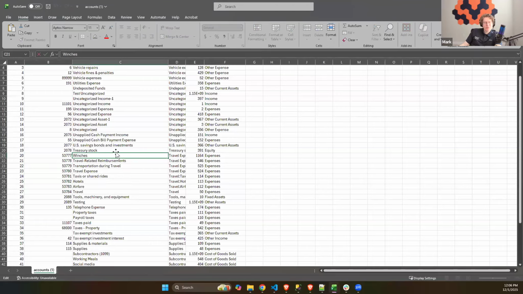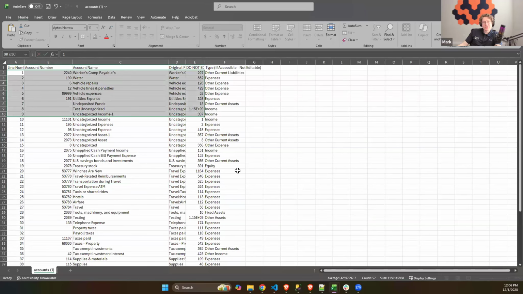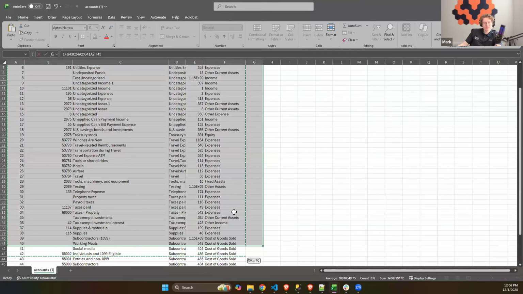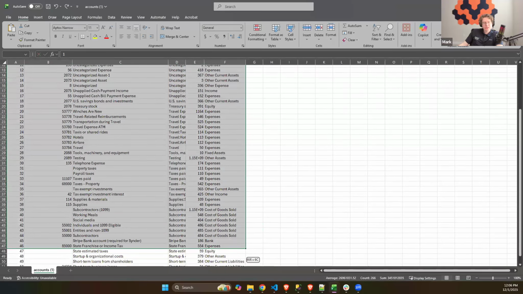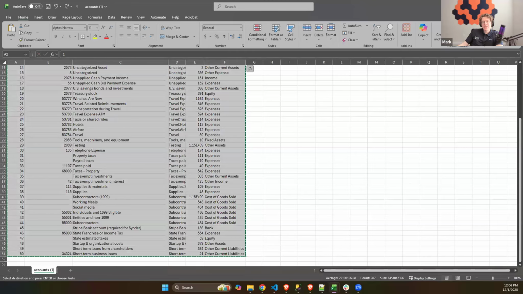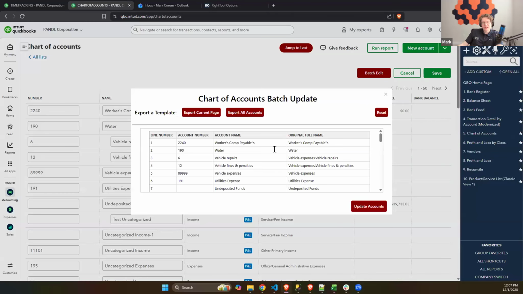And let's also say for these, I'm going to say winches are new or something like that, and travel expense, ATM. Let's see that. And so I'm just going to now, I can either copy the whole page, so I can just copy all of these lines right here, assuming that, again, my mouse isn't going to be weird about it. So I can either copy all of these, and when I paste it into here and click update accounts, it